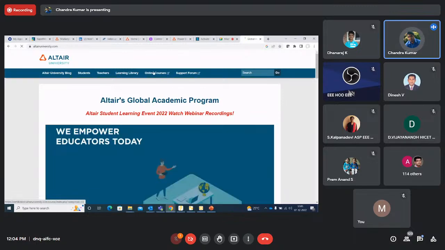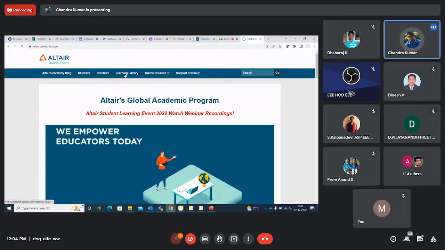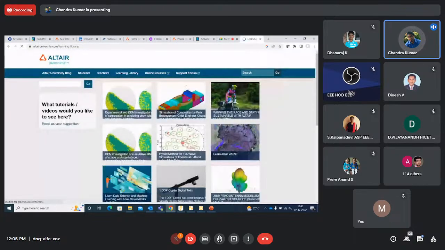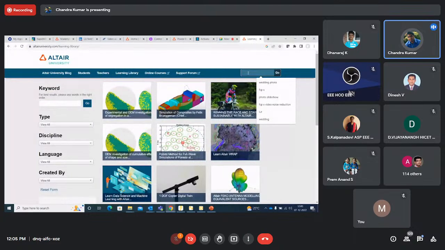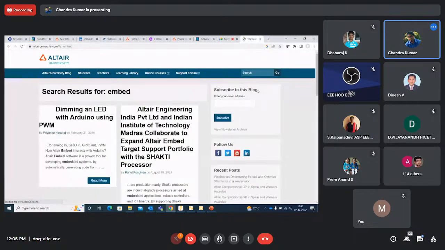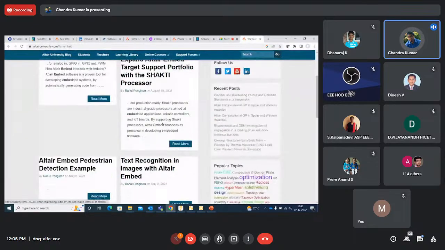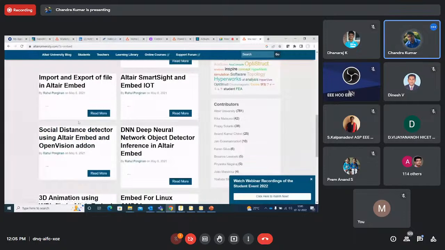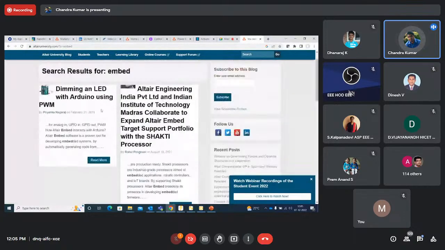You have online courses, a support forum, and learning libraries. You can get all the content available here. For example, you type embed and it will come up. You'll get all the relevant materials, you can read more about it, and you have all the videos.